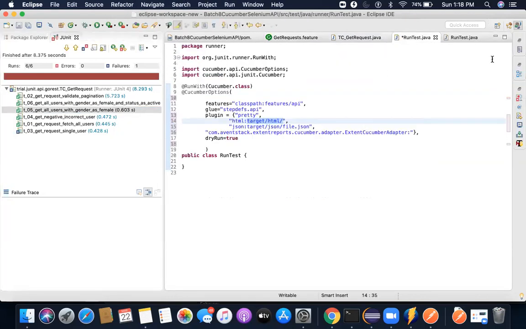Now there is one more line, which is this. This is a plugin I'm using to generate a good looking HTML file. There are multiple plugins available in the market, but what I'm using in this case is called Extent Report. I think it's a very famous library to generate reports, and they have created a Cucumber plugin. If you notice here, Cucumber adapter, and when you write it here, its job is that it will automatically read the execution logs and stats,